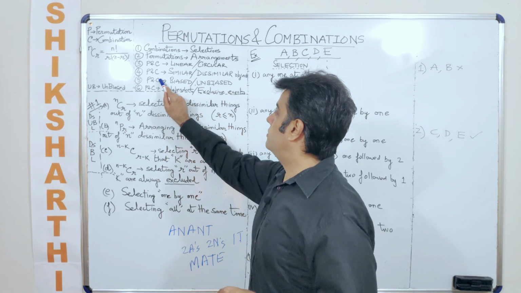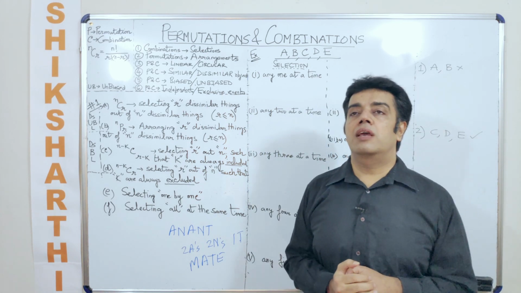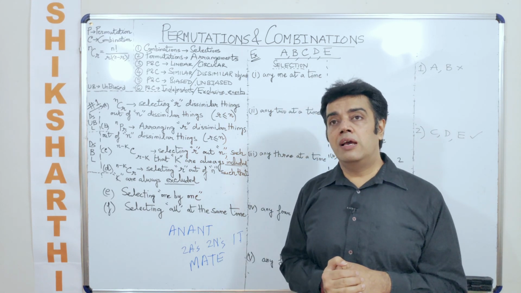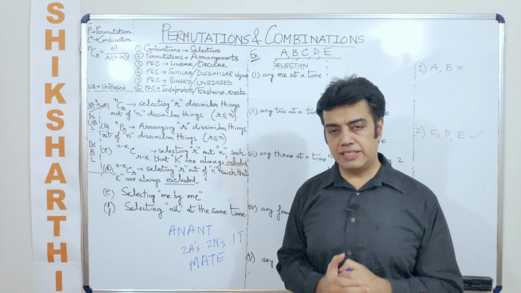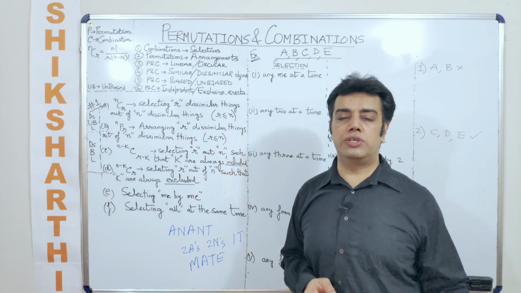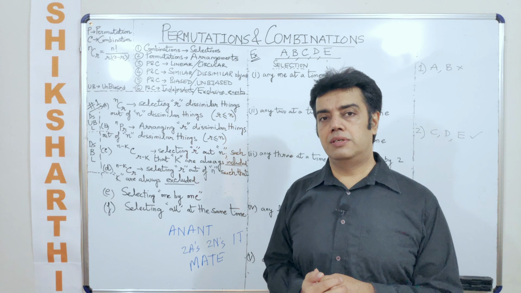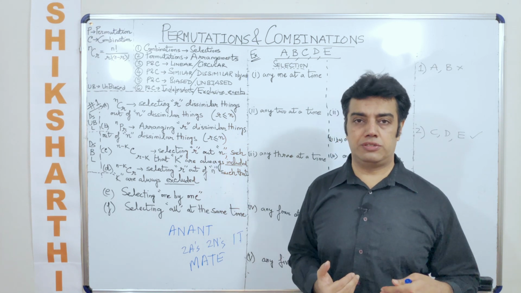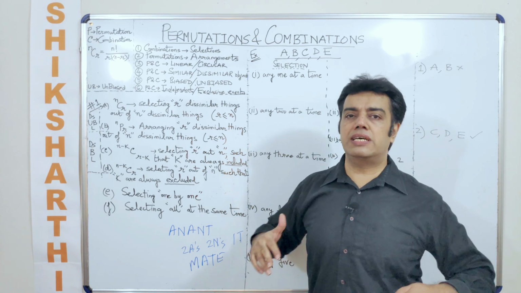Next, we talk about biased and unbiased selection. For example, if somebody says that there is a team of 5 people which is supposed to be selected, such that one fellow is always included, or let's say one fellow is always excluded from the team, this becomes a biased selection. Now what is biased? There is a precondition. And what is unbiased?